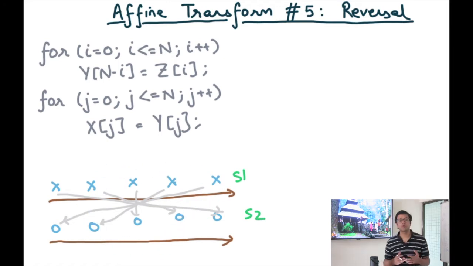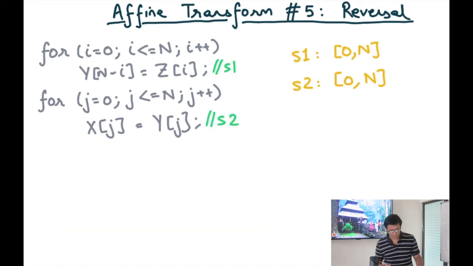And the question is, what would be the resulting space partitioning constraints? What would be the resulting transformation of the program for synchronization-free parallelism, and also locality as a result? Whatever is the result is actually going to form our fifth primitive affine transform, which is loop reversal. Okay, so my first step is going to be to represent this program in the polyhedral representation.